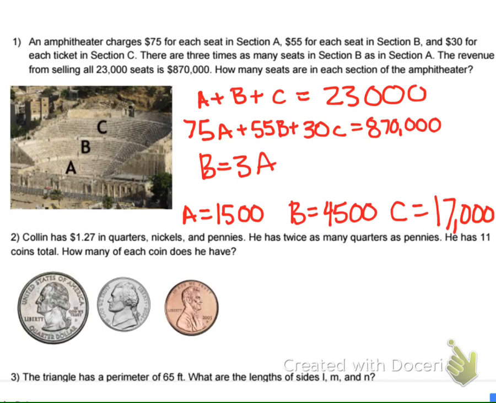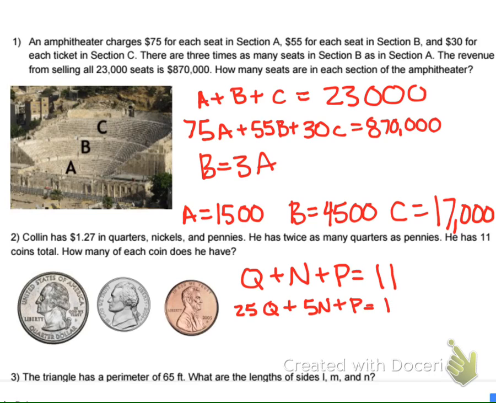Okay, the next problem was talking about money. So there was some information here that you would need to know that's not given. So for instance, you need to know that a quarter is worth 25 cents, a nickel is worth 5, and a penny is worth 1. So first you're given the total number of coins, okay? So the number of quarters plus the number of nickels plus the number of pennies has to equal 11 coins. Then if you think about what each of these is worth, you can come up with another